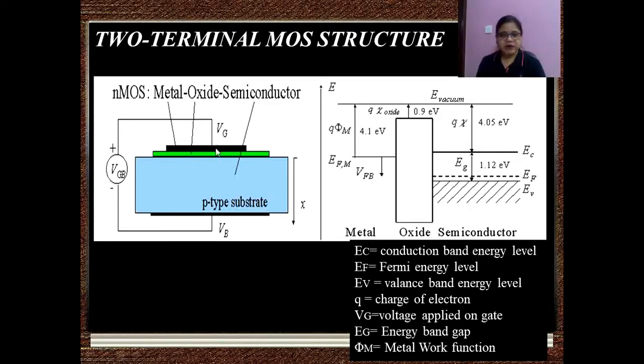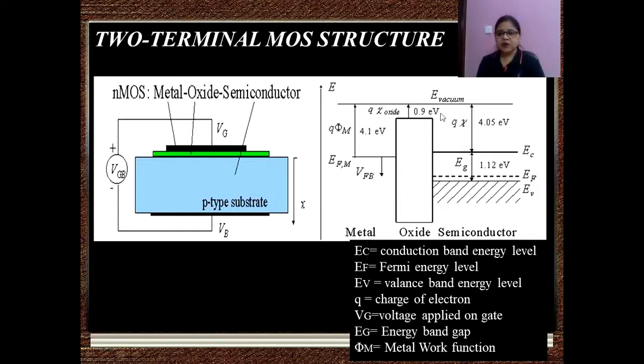So we have one layer over here, then in between an insulating layer which works as a dielectric, and then below that we have a substrate layer, which is again a semiconductor, a conducting layer. When this structure is formed, it is known as a MOS structure. Today we will be looking at the characteristic of this MOS structure, how it will perform, and what changes will come into the device operation if we apply a certain voltage on the top of this structure, which is known as the gate terminal.